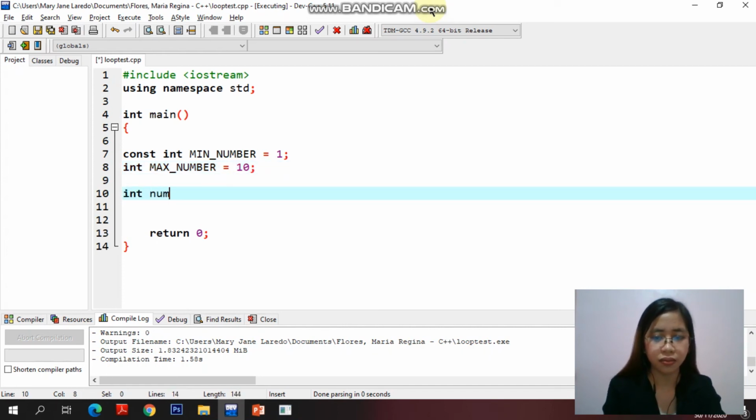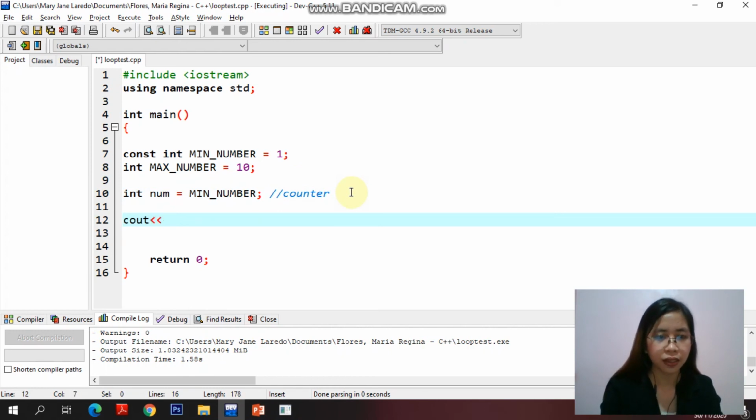Then int num is equal to min number. So this will be your counter. So nakadepende sa variable num, no, kung ilan beses mag-iterate yung ating loop.